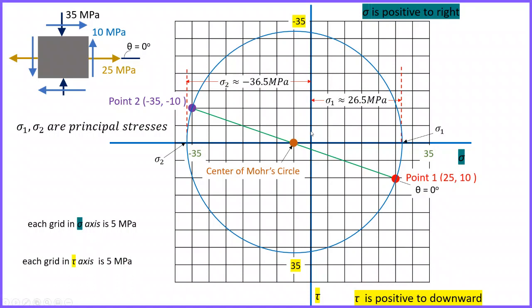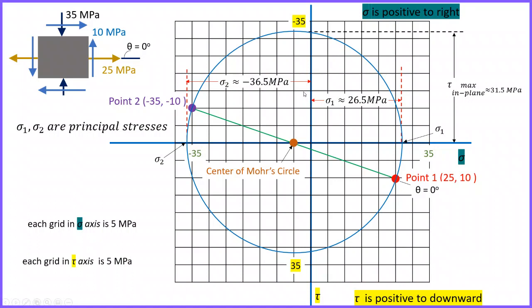If I measure the distance from here to here, it is 26.5 megapascal. So the first principal stress is sigma 1 and its value is 26.5 megapascal. We can easily measure it from this graph, and similarly we can measure sigma 2, which is around minus 36.5,